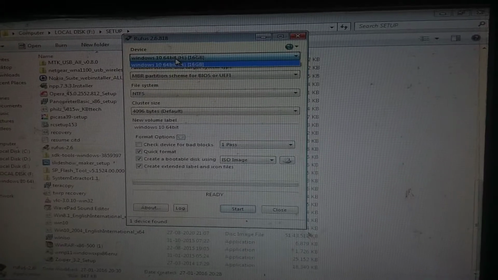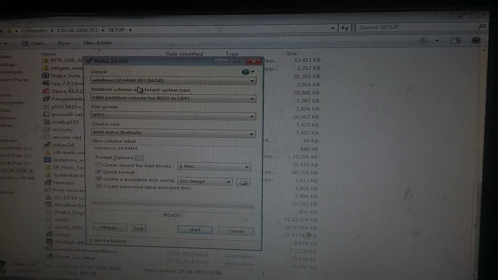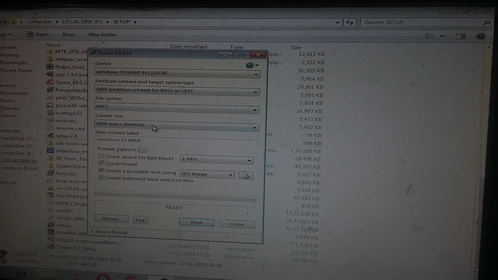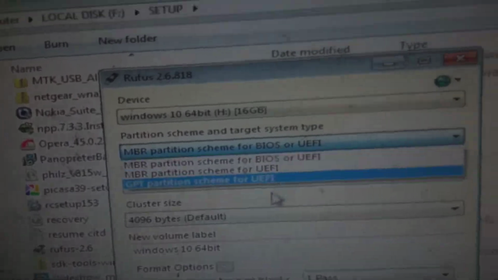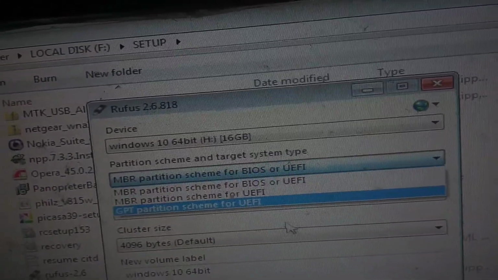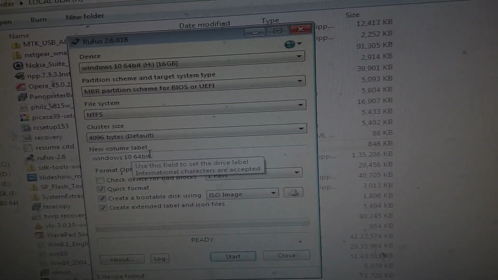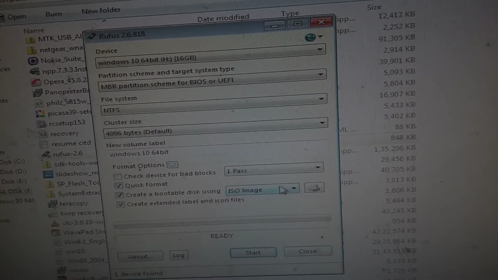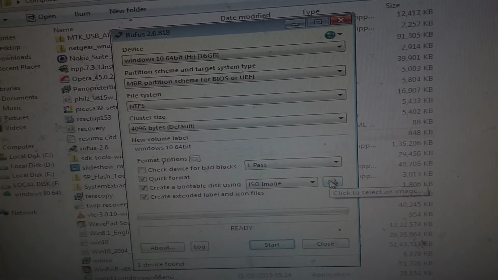Select this, this is the pen drive. You need at least 8 GB storage for Windows 10 for making the bootable device. All this you need to select based on whether your BIOS or UEFI guys. Okay, select it, and cluster size is auto, and the label of your pen drive after creating the bootable disk guys. You need to select here ISO image and click on this